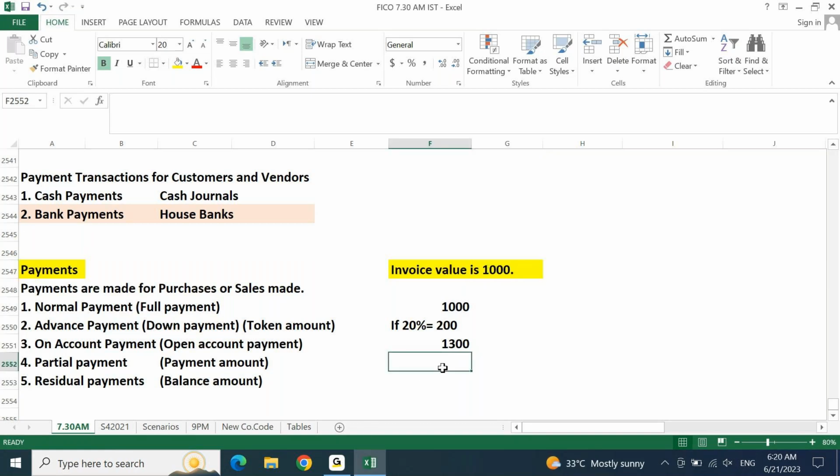Next one, if you receive a partial payment. Now partial payment is nothing but amount received less than what is to be received. According to this example, your invoice value is 1000. Let's say my payment amount is 200. If I received payment as 200,